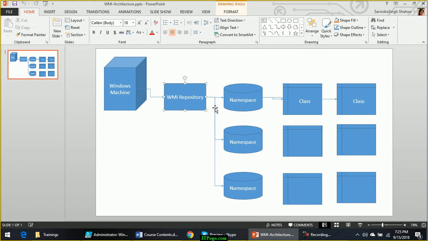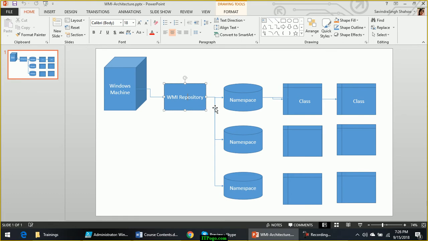So the WMI repository gives you the real-time information of the hardware and software components. What is the meaning of real-time information? If we talk about the difference between a database and a repository, this WMI repository will give you the real-time information.